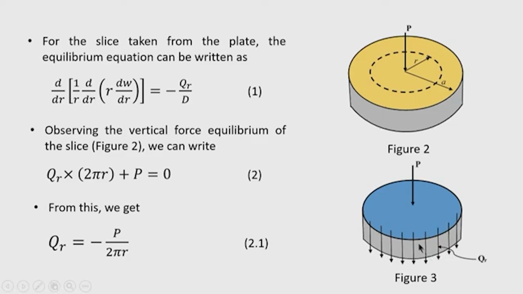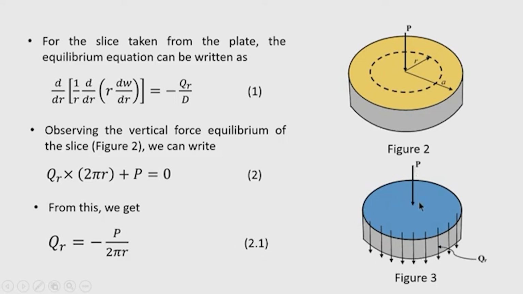This must be balanced, that is, the sum of all vertical forces should be equal to 0. If I take the shearing force direction in the same direction as the load, then we can write this with a positive sign and equate to 0. From this equation 2, we get qr equal to minus P divided by 2 pi r. So, this is the equation for the shearing force per unit length